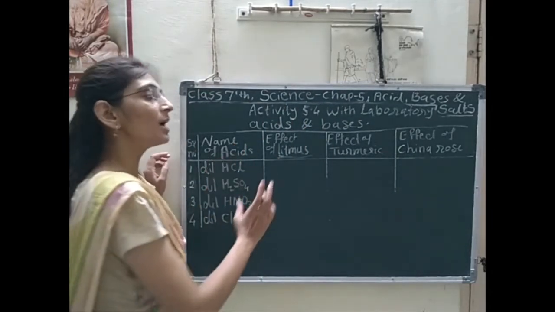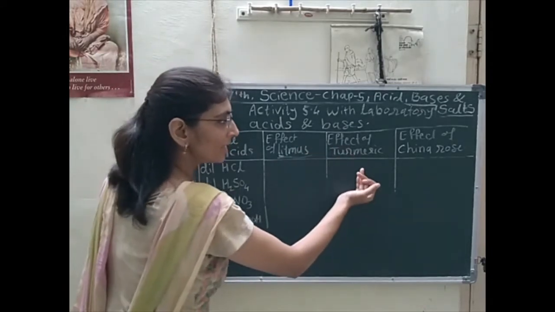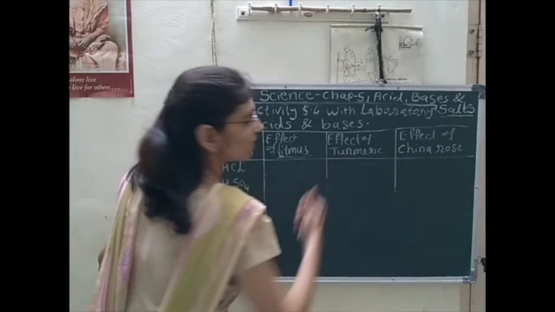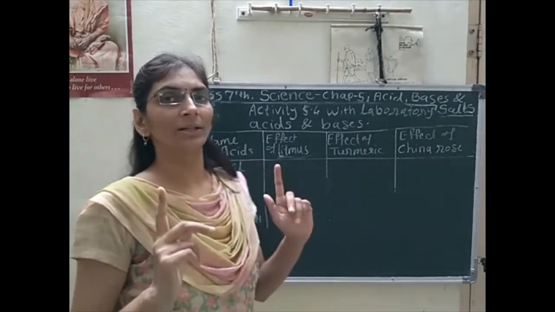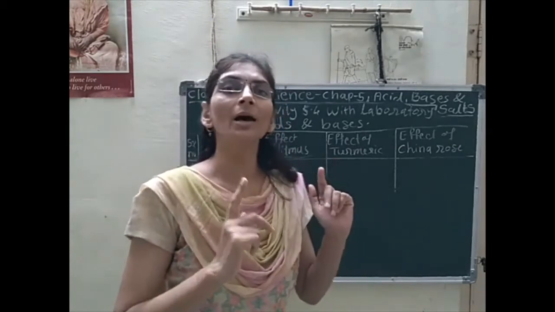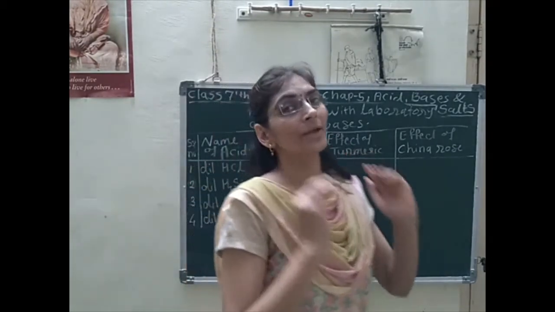We have to write down the observations with the litmus paper, with the turmeric indicator and with the China rose indicator. But a very important thing you have to note down here: